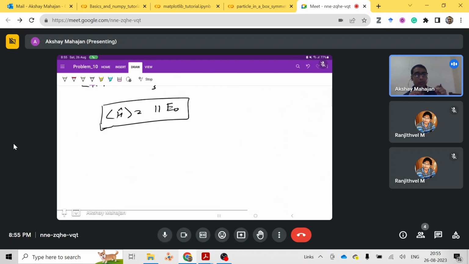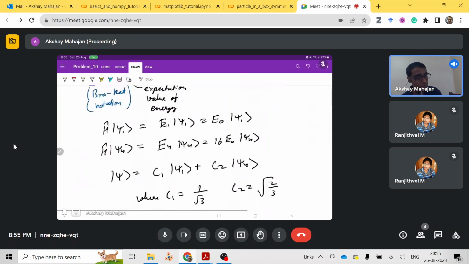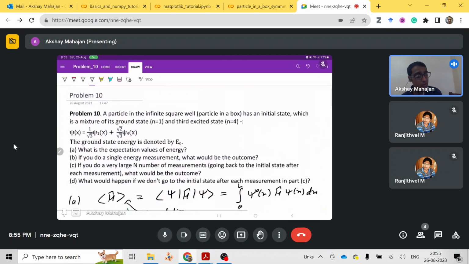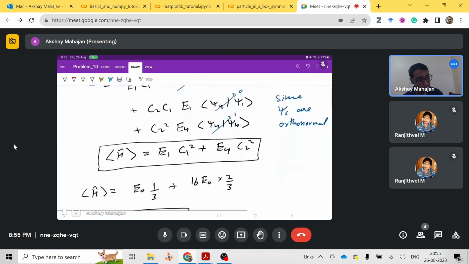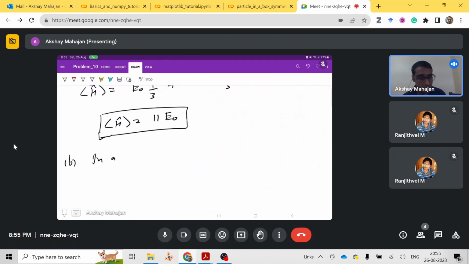So we are going to get the value of any one of these energy states. For B, we will either get the energy of the ground state, which is E naught, or the energy of the third excited state, which is 16 times E naught. So in a single measurement,